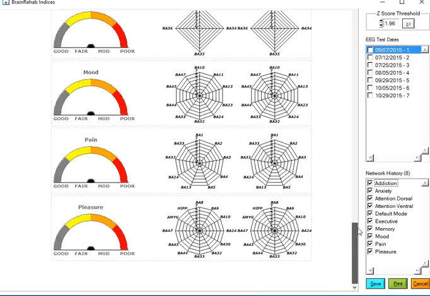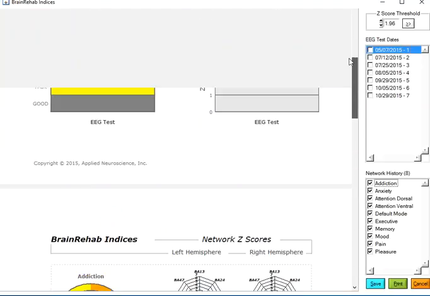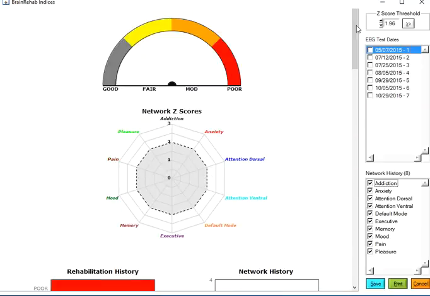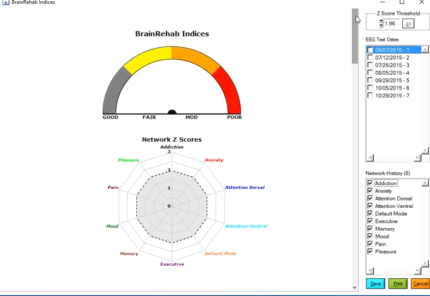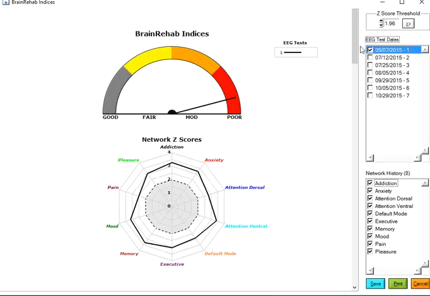This is the anxiety network, the attention, the dorsal attention network, the ventral attention, default network, executive, memory, mood, pain, and pleasure networks. This device is used in pain rehabilitation and a lot also in drug rehabilitation for people with substance abuse, addictive disorders. For example, let's say a patient comes into the clinic with a severe pain disorder or a drug addiction disorder, and we measure the EEG inside of NeuroGuide and then activate the BrainRehab Index, and